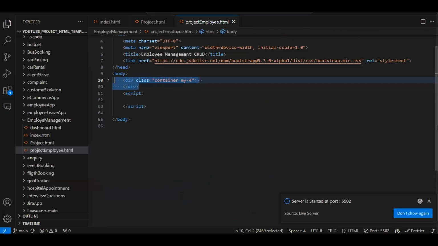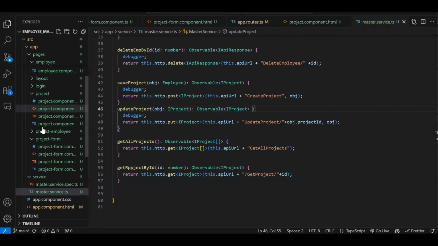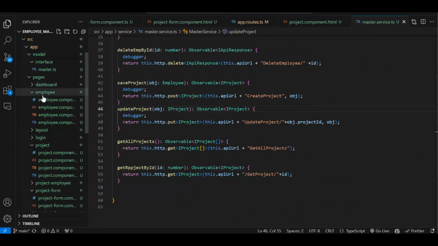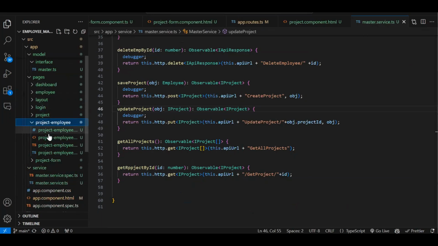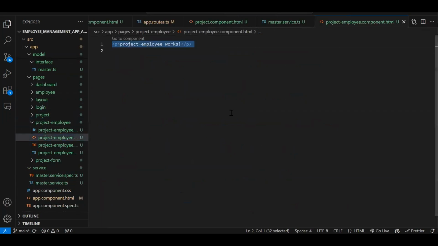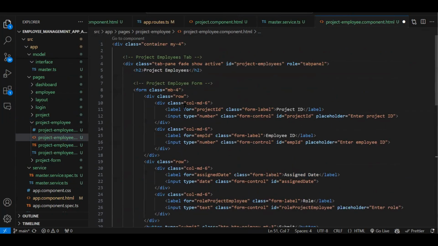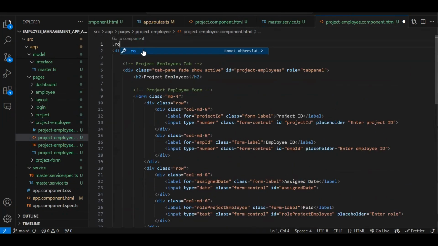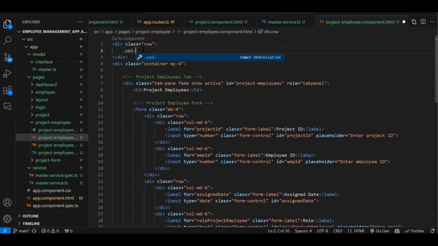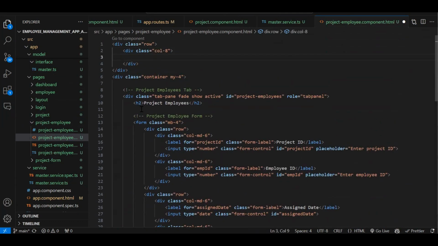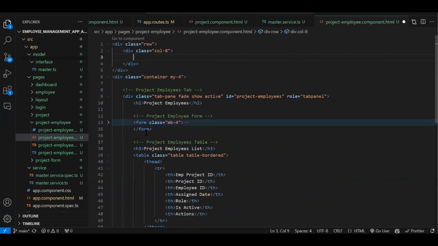Let's copy, where it is. Project employee. I will paste it over here for now. Then I will just redesign the UI. So now we are going to have two panels. Fine. So first I'm creating row, then let's say col-8. Inside col-8, we are going to have a card, or directly let's use the card will be better, or